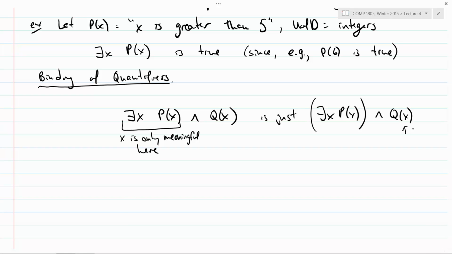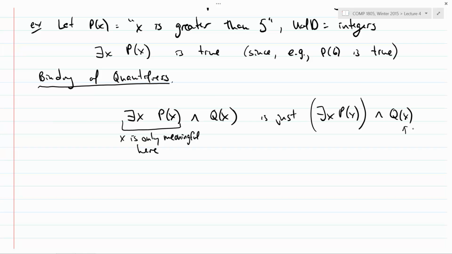So you need to be very careful when you are writing these propositions that your brackets are as they should be. So whenever you write for all x or exists an x, that x is only valid for the smallest complete thing after it. And if you want that complete thing to be bigger, you need to add in brackets. Is that clear? Yep. All right.